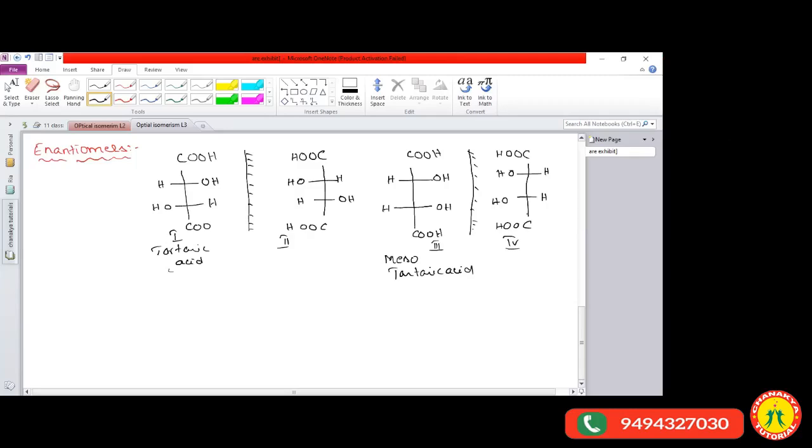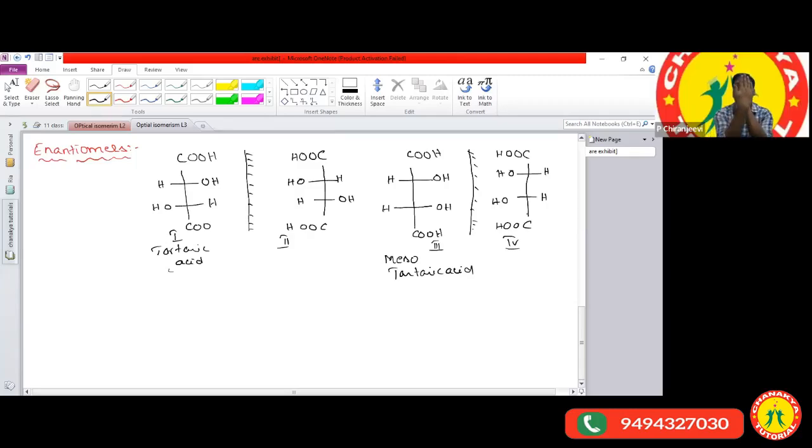Right, ma'am. So if the position of the fingers is the same, these two we can consider as diastereomers. When one hand is placed upon the other, if the positions are the same, we call them